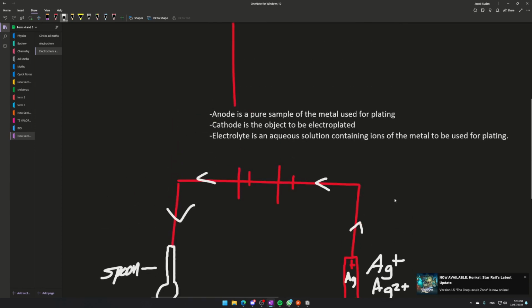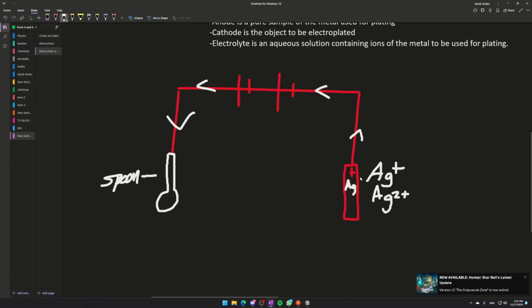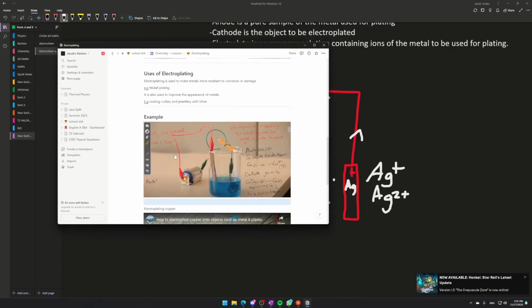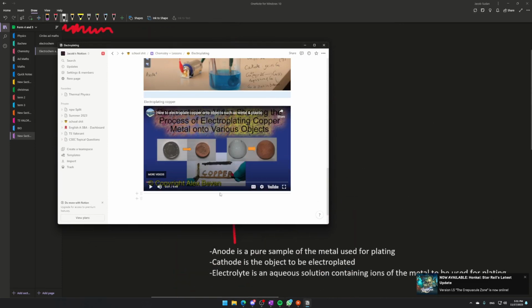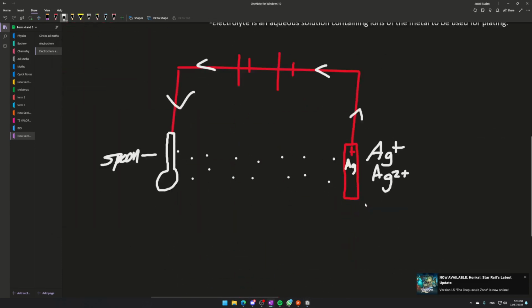But yeah, the metal moves from the anode to the spoon. It moves through the electrolyte to get to the spoon and it forms the coat. There's a video. We will watch the video. The video is very long. I will put it in the description, and I'll put the link to this page in the description. Anyways,